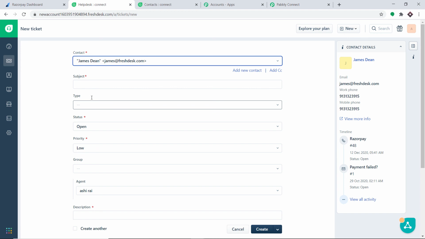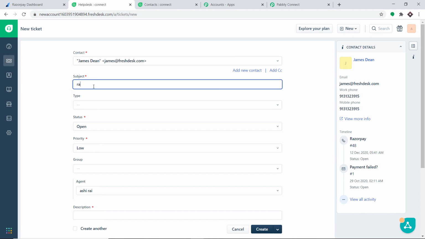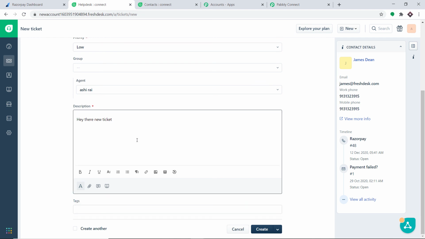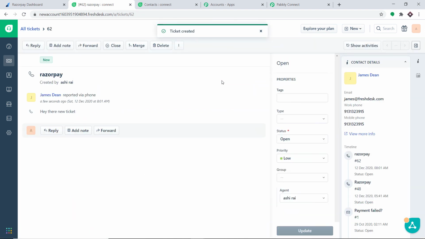Okay, and the subject, let's keep it as Razorpay. And now the description: Hey there. Okay, new ticket. Something random that's popping in my head, that's all. Then click on create. Okay, so a ticket of James Dean has been created.